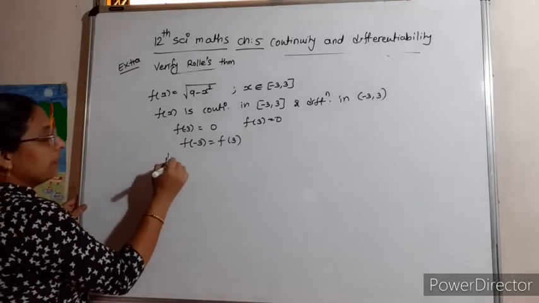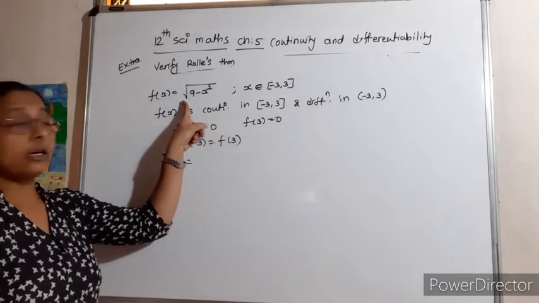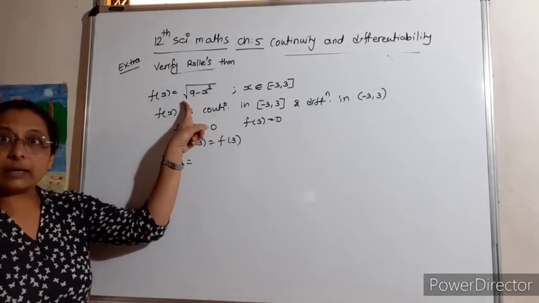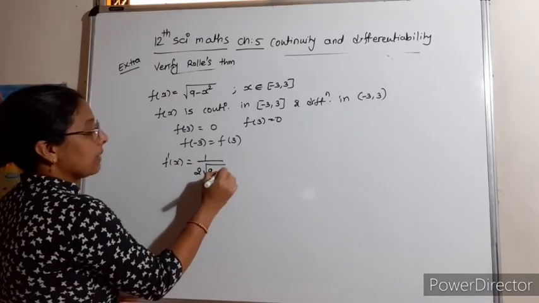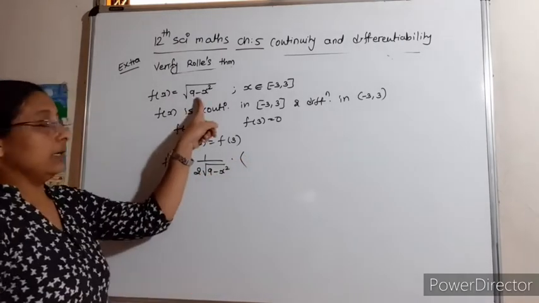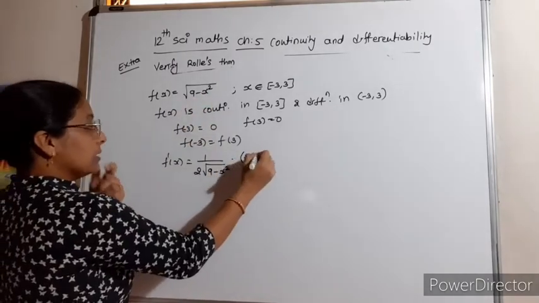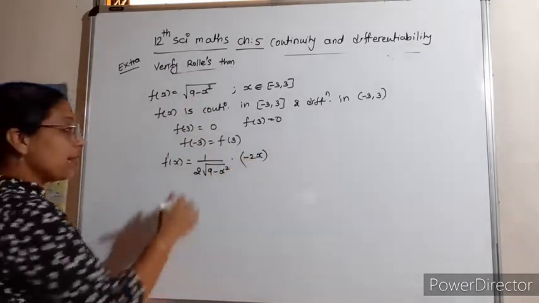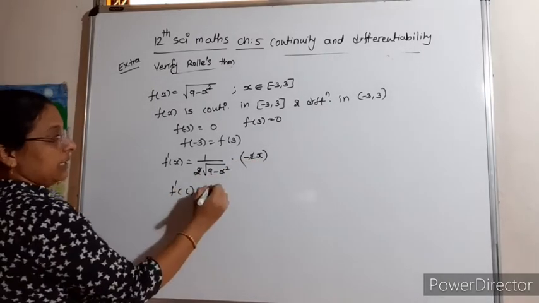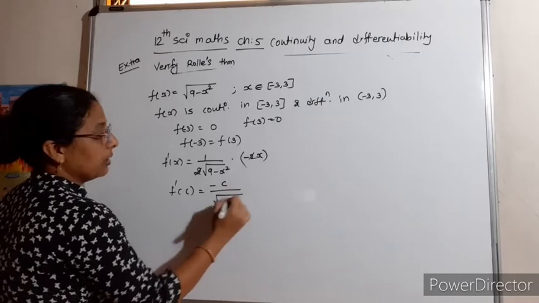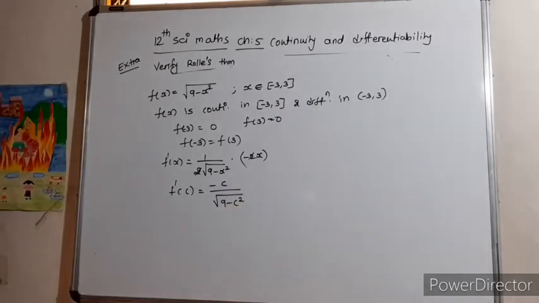Now we'll find f dash x. When we find the derivative, first of all we have to find the derivative of the square root. So it is 1 by 2 root of 9 minus x square into the derivative of the base, which will be minus 2x, so that the 2 cancels. So we can write f dash c is equal to minus c upon under root of 9 minus c square. Yes or no? If you write c,